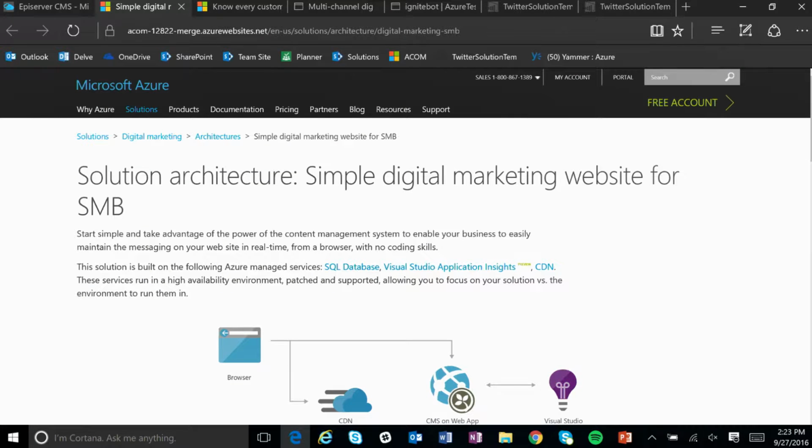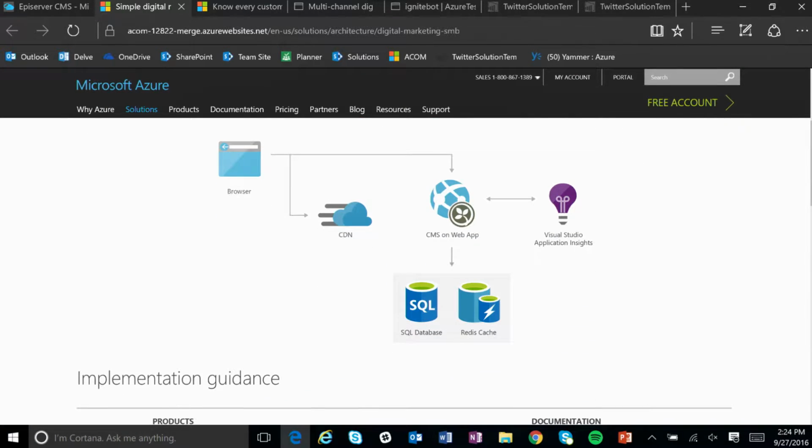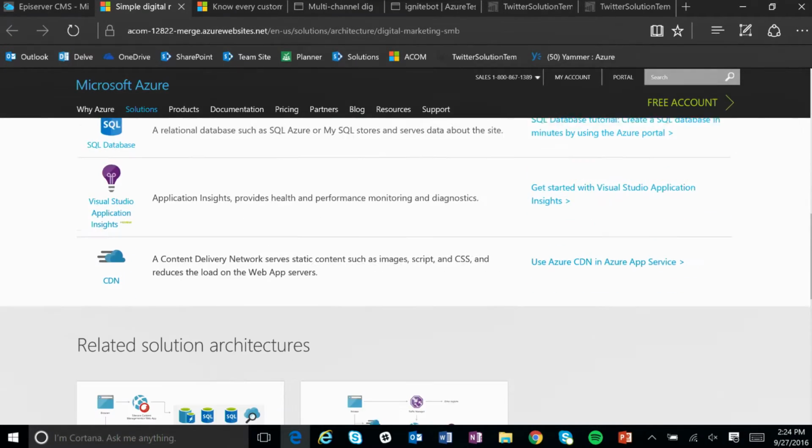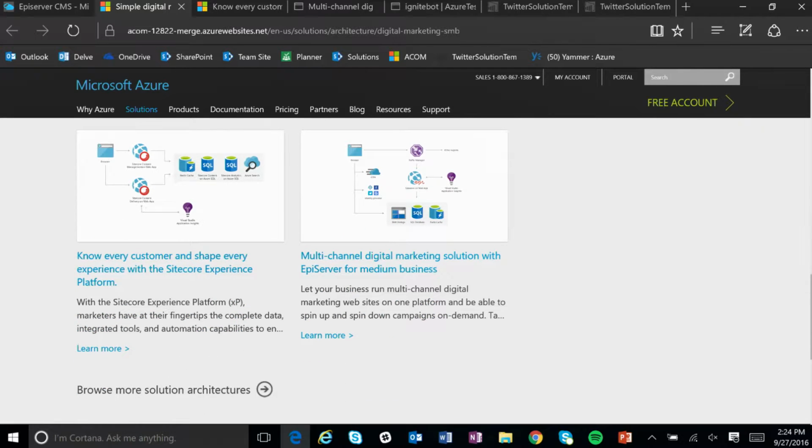Now, with the other scenarios there, obviously Episerver and Sitecore are licensed content management systems, but there's no harm in using things like Orchard or Drupal or Joomla or WordPress to provision these things. And in the simplest of forms, I'm essentially just deploying an Azure App Service into my environment. I'm using SQL databases as my content store for my CMS. And then I'm using something like Redis Cache to speed up my website. And as an example here, if I scroll down to these other reference architectures, what you'll see is,